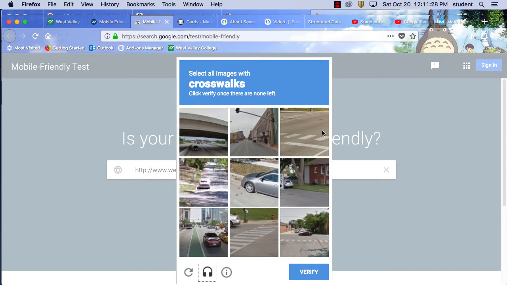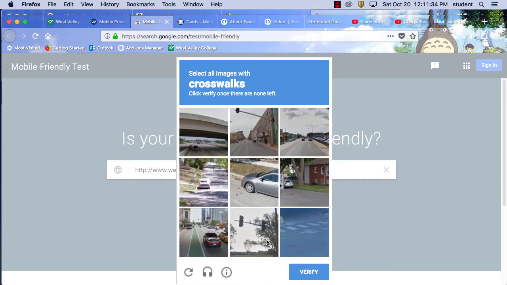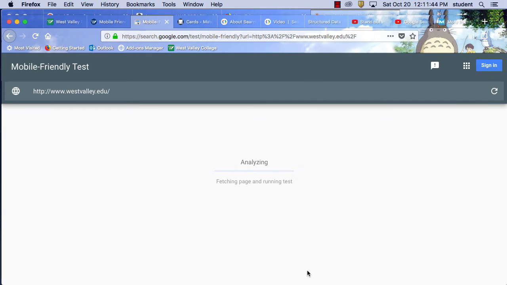Which one's a crosswalk? Is this a crosswalk? I can't tell. This one's a crosswalk. This is a crosswalk. I think I passed the test. You guys get those tests in Google sometimes. Yeah. Okay, so